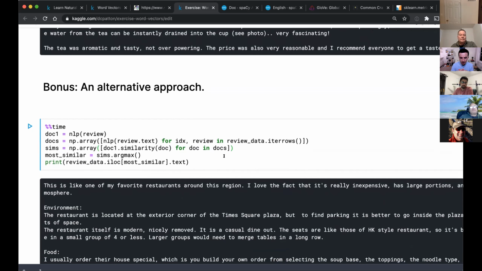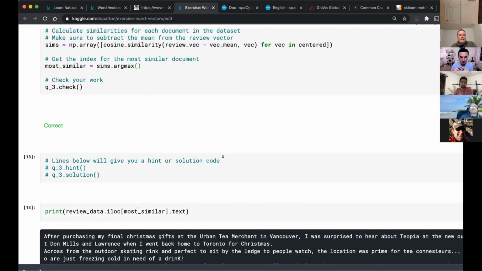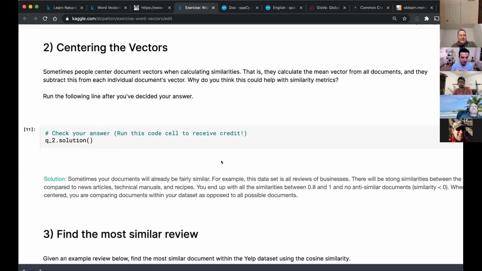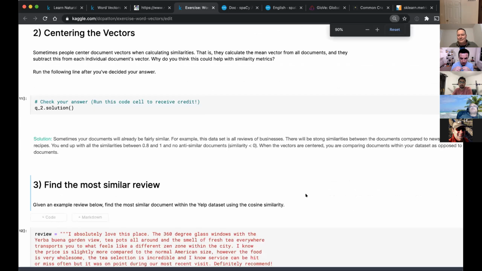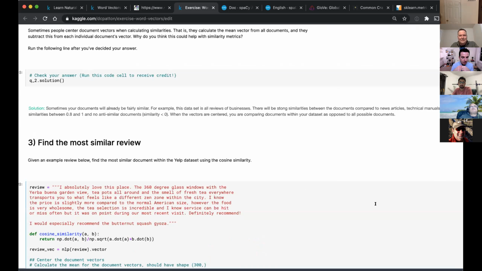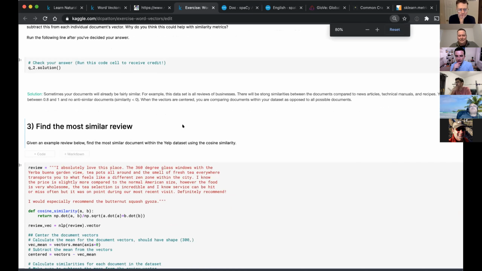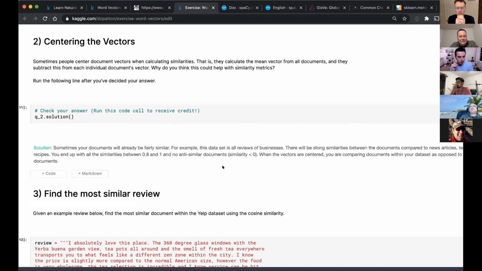The other thing I was a little confused about, if you scroll up, David, where it introduces the concept of centering. Their explanation of centering was not the most clear to me, especially the last sentence. Let me reduce the size just a little bit. It says sometimes your documents will be very similar. That's why you might get something between 0.8 and 1 for similarity in dissimilar documents. It says when the vectors are centered, you're comparing documents within your data set as opposed to